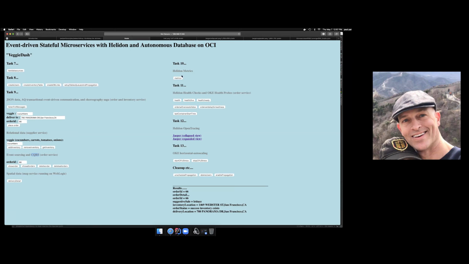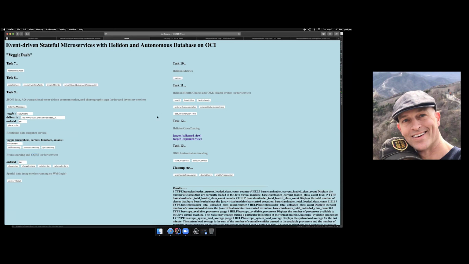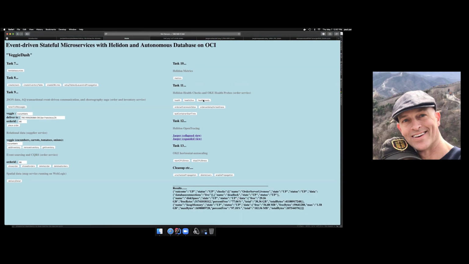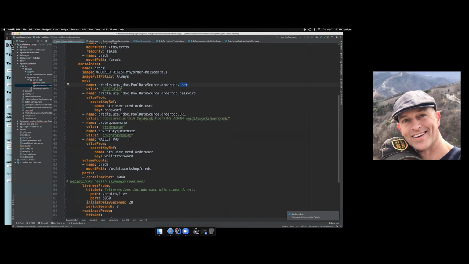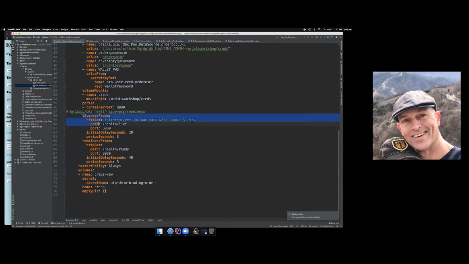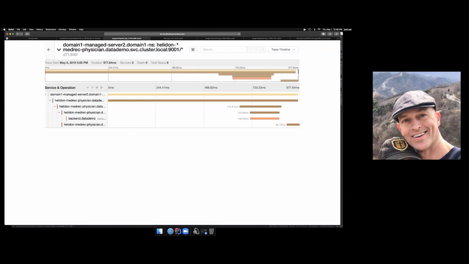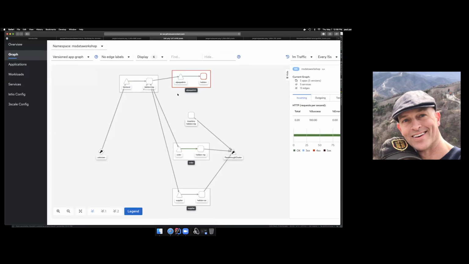So very quickly, Helidon can advertise metrics. It can advertise its health, whether it's live or it's both live and ready. And by doing so, it works with OKE health probes, and I'll just show this very quickly. If you have a health probe in OKE in Kubernetes, it will go around and check your microservice at a certain amount of time. And if that microservice advertises the fact that it's not healthy, then Kubernetes will go ahead and restart it.